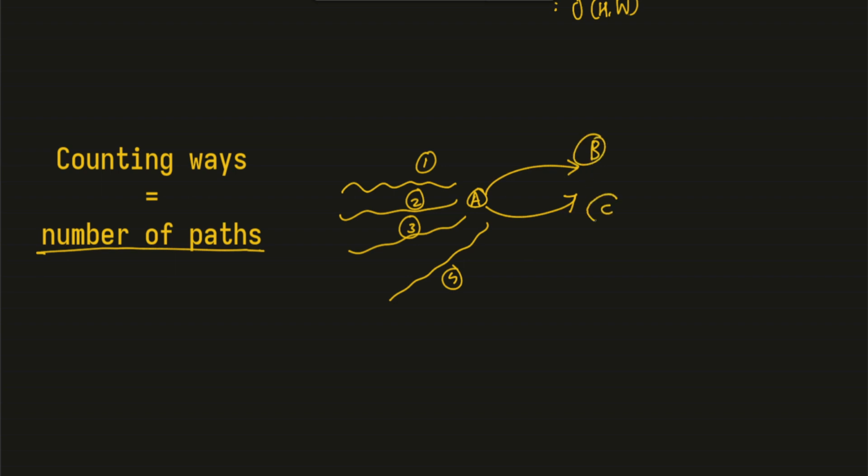Now if this node has neighbors B and C, and there are 4 ways to reach A, then it means there are also 4 ways to reach B and 4 ways to reach C. This is because you can traverse any of these 4 paths, take an edge and arrive at B. Traverse the first path, traverse the same edge, arrive at B. Traverse the third path, traverse the same edge, this one, and arrive at B. So there are 4 choices